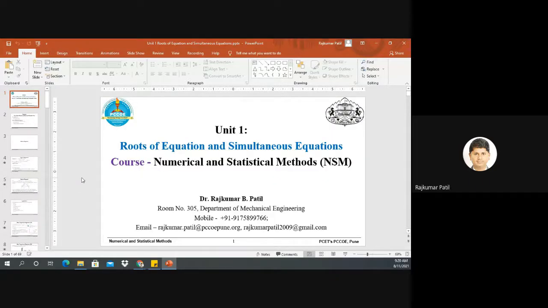So yesterday I already shared the new syllabus that we received from SPPU, and if you compare the new syllabus with the syllabus that I discussed in my class number 1, you may find that there is a little deviation. Whatever deviation there is, I'm going to cover that part as well, so you need not worry about it.